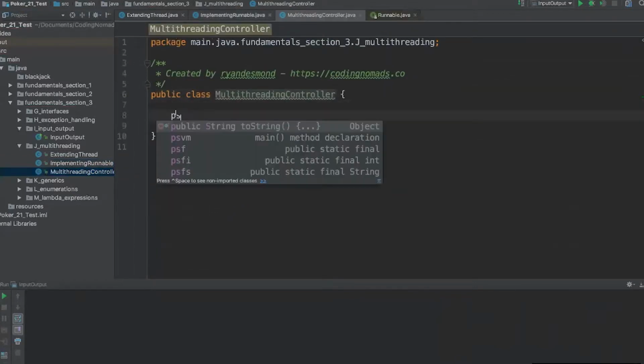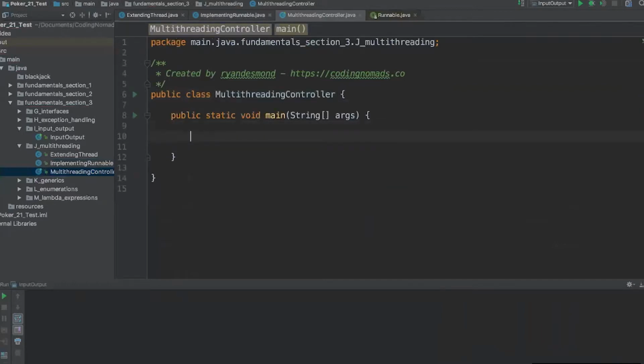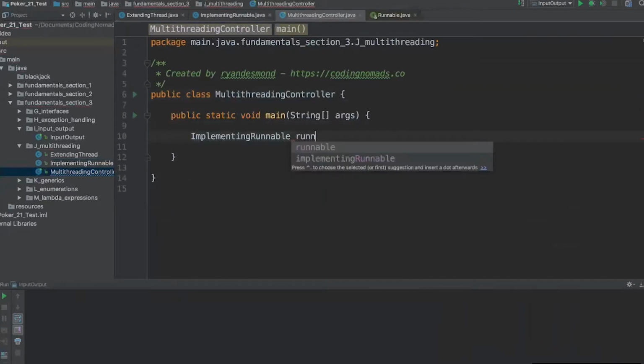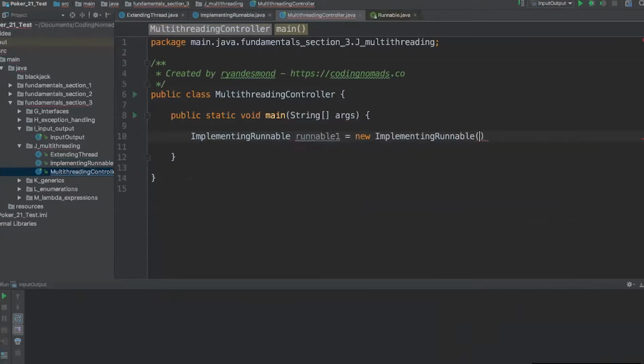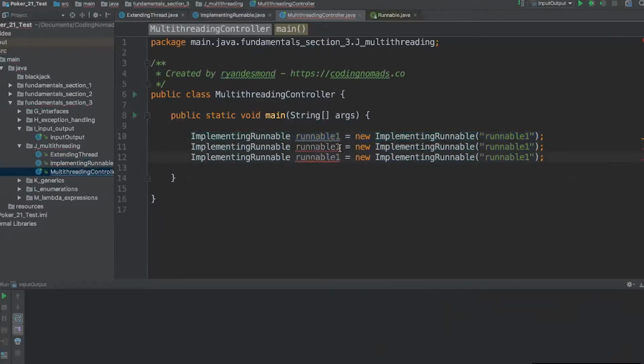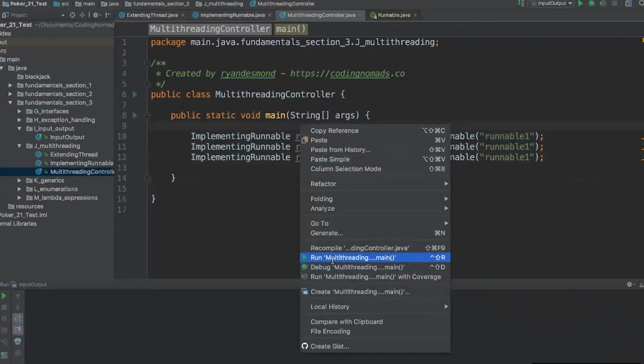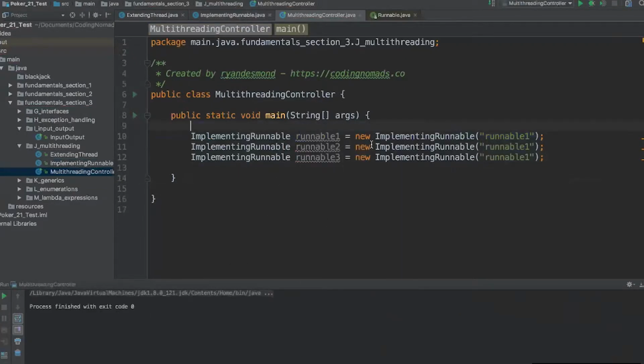So PSVM, and I'm just going to say this guy's called implementing Runnable. I'm going to call it Runnable1 equals new implementing Runnable. And let's give it a name, which is Runnable1. And then I'm going to do that a few times. When I create these objects called Runnable1, Runnable2, and Runnable3, they will run on their own thread, meaning they can run in parallel. We're already working on a thread when we're using Java. We're just working on the main thread, but we have the option to run on multiple threads. So when I run this now, you'll see that they all just kind of